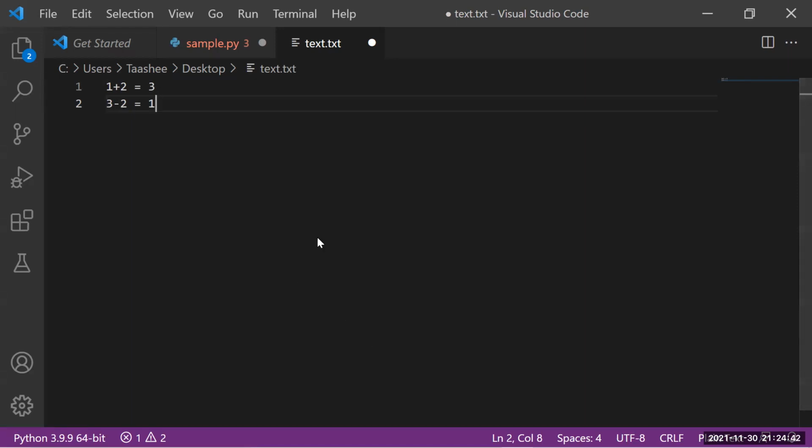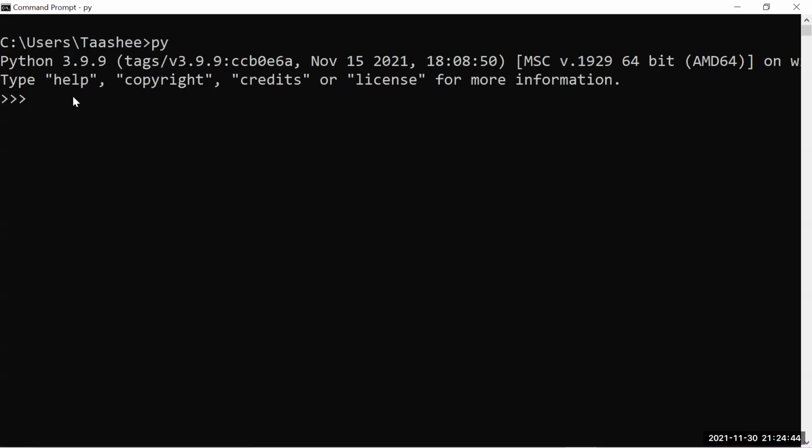Okay, so if I run this in the Python terminal, say 1 plus 2 and press enter, it is going to return 3. In the similar way, if I say 4 minus 3. And why is it important to learn? Because it makes us understand that arithmetic operations are already defined in Python with the symbols we use daily. And if I say 3 into 2, all these are defined.